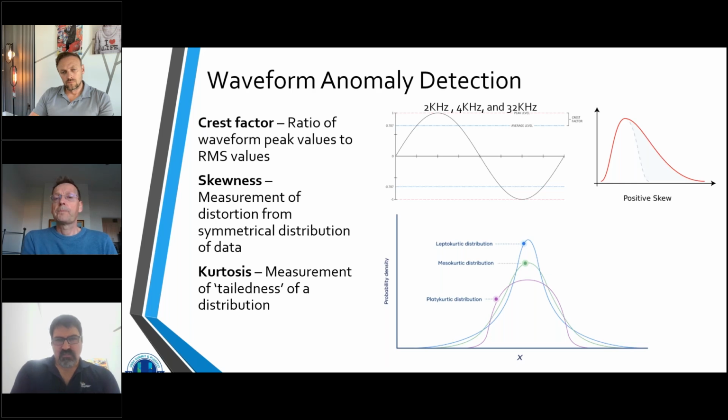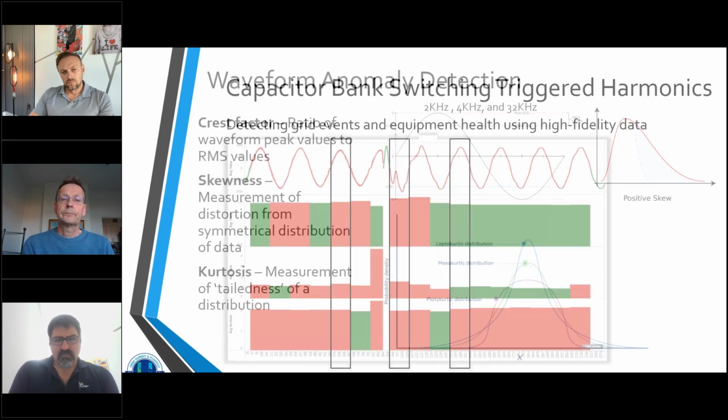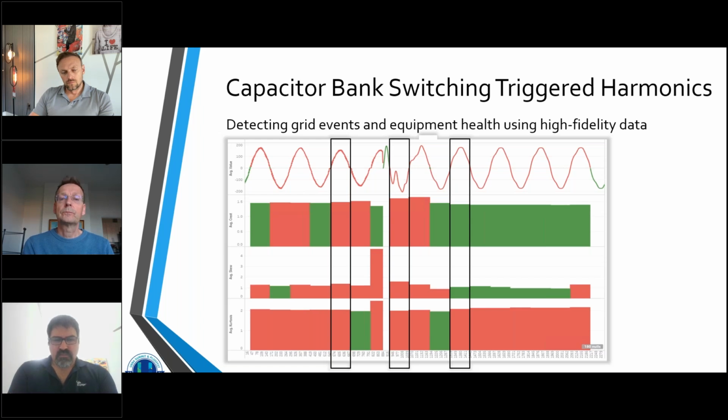And if you take the next slide, by leveraging the sensitivity of these new meters, which sample at 2, 4, and 32 kilohertz, and processing this data in real time, we have the ability to trigger on these sine wave distortions. As you can see here, this is an example of identifying a cap bank that was causing harmonics on the service, associated to crest factor, skewness, and kurtosis. All three factors were triggered on this, and so we were able to very strategically identify where these issues are,